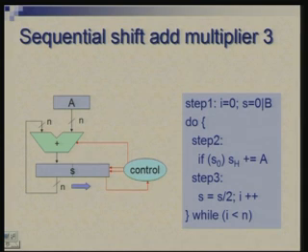In MIPS we have a multiply instruction, which actually takes 2 operands in 2 registers, and it produces a 2n bit result, which are kept in 2 special registers. One is called high, one is called low, HI and LO. So there are special instructions which can be used to move data between these registers and one of those 32 general purpose registers. But the output of multiplication goes to those specific registers, high and low.